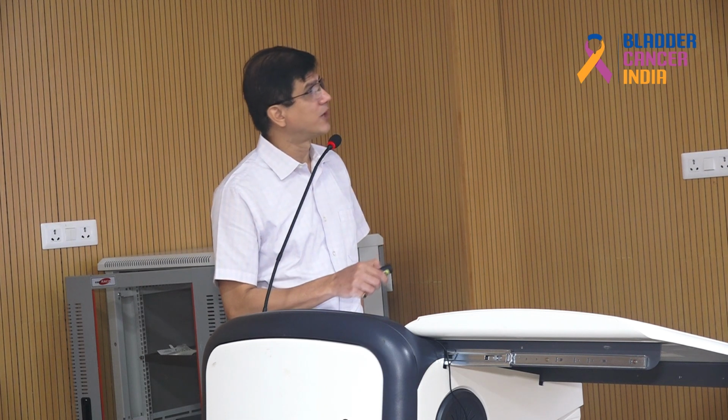Again, more or less, this is a T2 weighted image, whereby we can see that this is the urine, normal urine appearing bright. This is the muscle, which is dark, and this is the tumor. So this entire thing is the low signal intensity muscularis mucosa. This is what needs to be evaluated. So T2 weighted